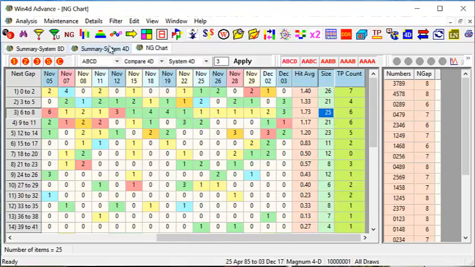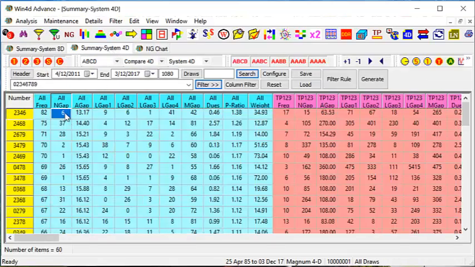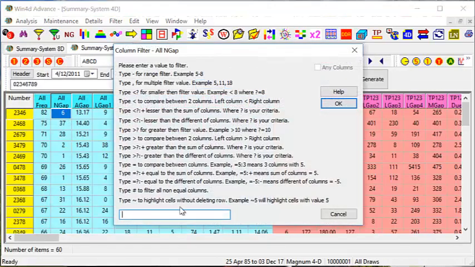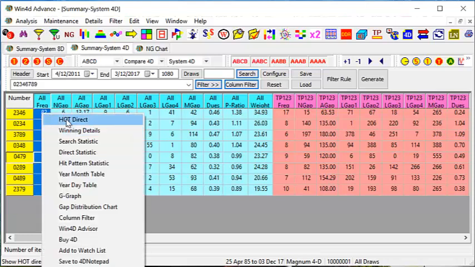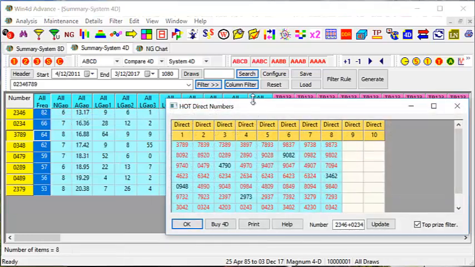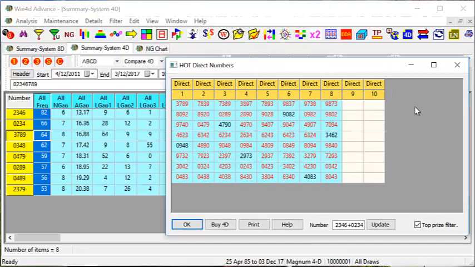So we will go straight into here. We will left click under the N gap column filter. We'll take gap 6 to 8, and automatically they filter to only 8 sets. All these 8 sets, let me highlight to you the hot direct. Now my personal pick would be only 3 sets, which include 3789, 2346